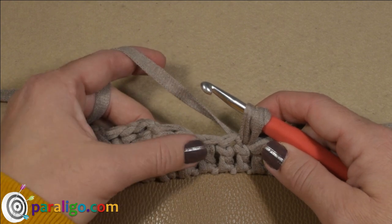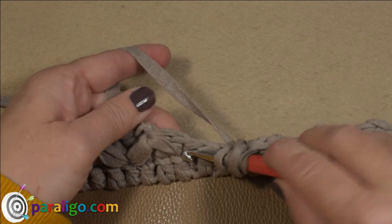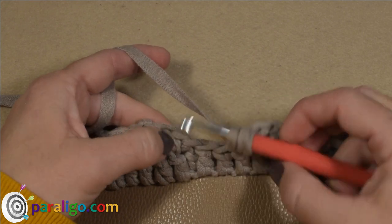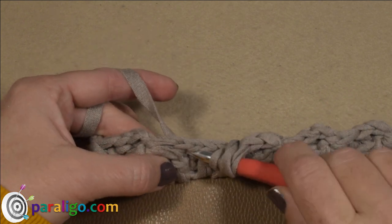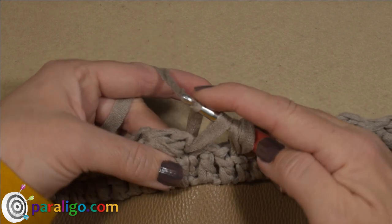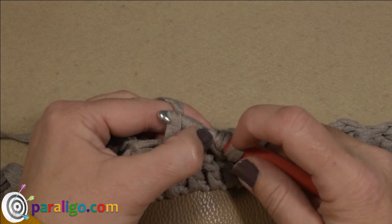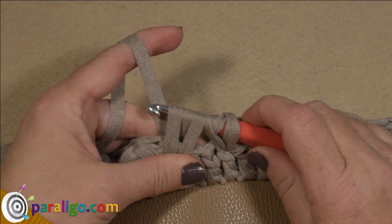And now you will insert into the very first stitch of the round, which is in here. It's the stitch where the first petal of your first Vinca flower is placed. So you're going to insert your hook into the very first stitch of the 3rd round, yarn over, pull a loop, yarn over again, insert into the same stitch, yarn over, pull a loop. So you now must have 7 loops in total on your hook,